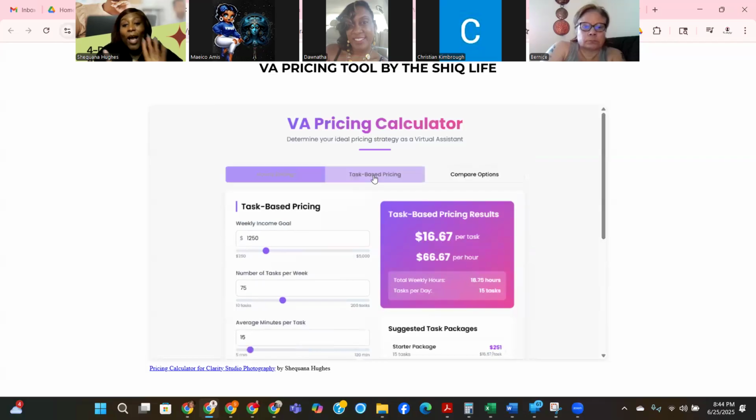And then I like this pricing better. When you're first starting, you may want to start off with hourly. But when I got back into the virtual assistance industry last year, I wasn't charging hourly. I charged package pricing. You can package up your hours or you can package up tasks. And let me tell you what's good about packaging tasks: it may take you 5 minutes to do a task, or it may take you an hour. It may not, with ChatGPT, not with Canva, it won't. It may only take you 5 minutes.